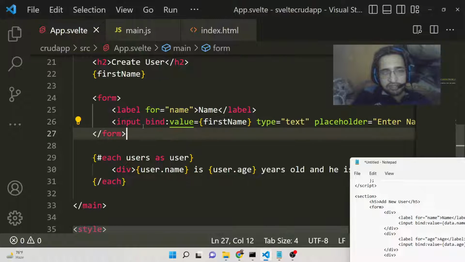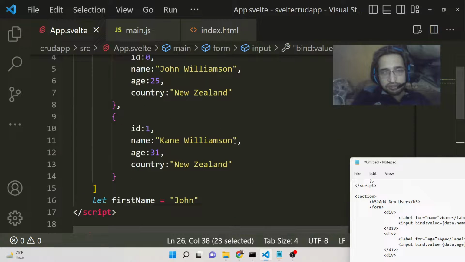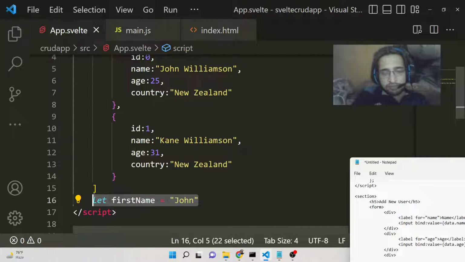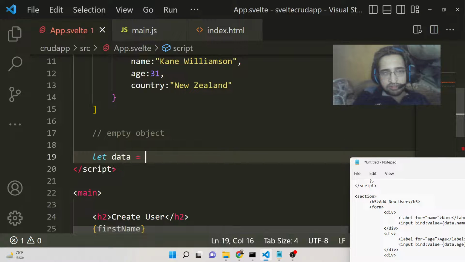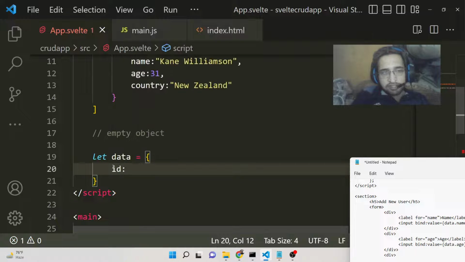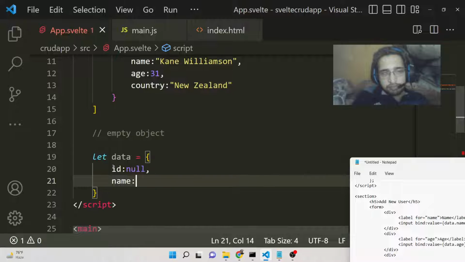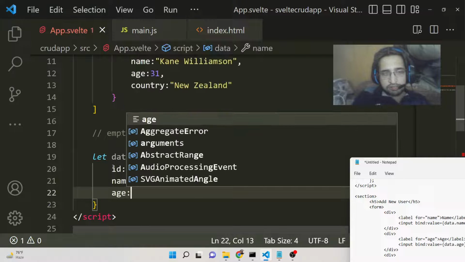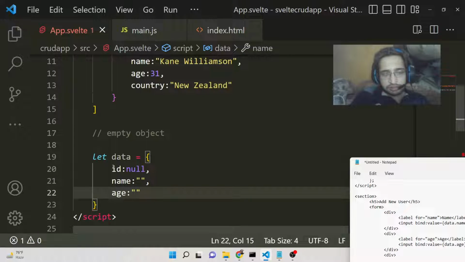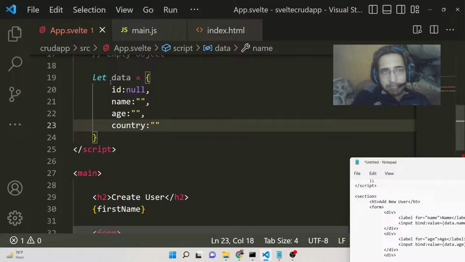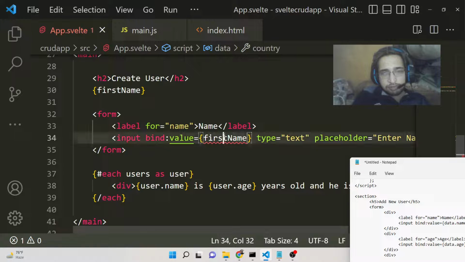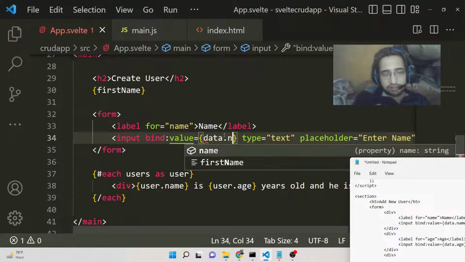So here we are attaching this parameter right here. Instead of this variable, we will be declaring an empty object. When we start the application, this object will be called data, and it will again have these four properties. ID will be null, and name, age, and country will also be empty. So basically this will be an empty object, and here we will be initializing this to data.name